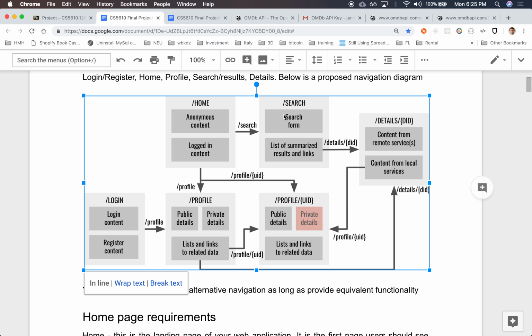Maybe you want to split it into 2 pages. That's up to you. So you might want to lay it out. You might want to call one /search and the other one /results. Right? In either case, the search should be somehow encoded in the URL, so that if I refresh the page, it should render the same